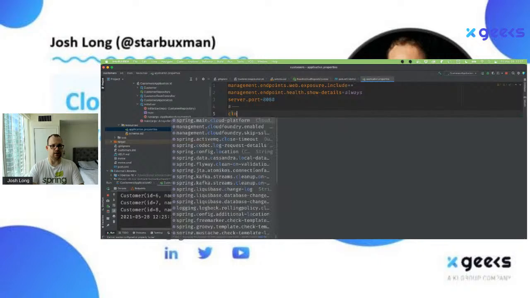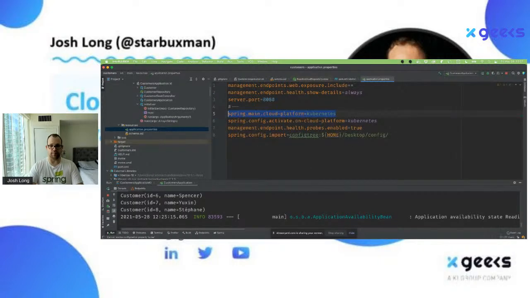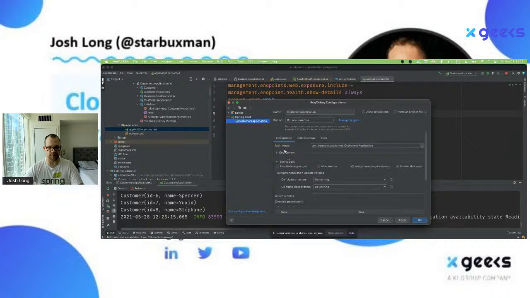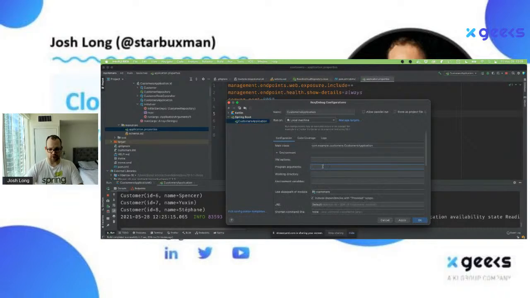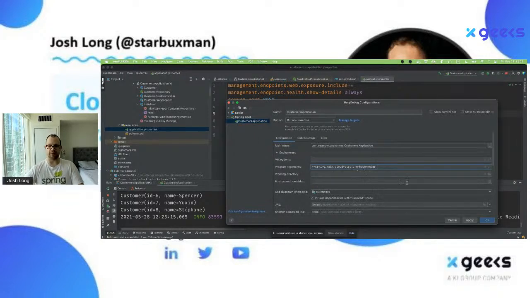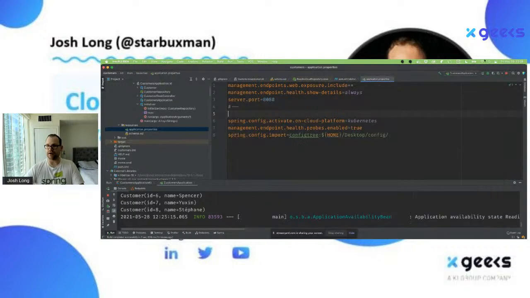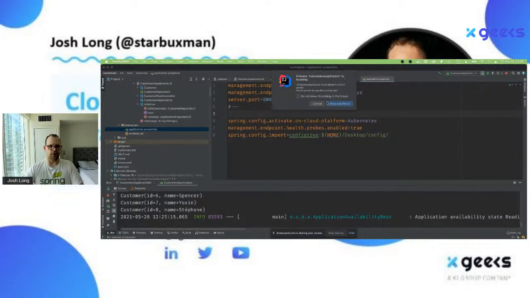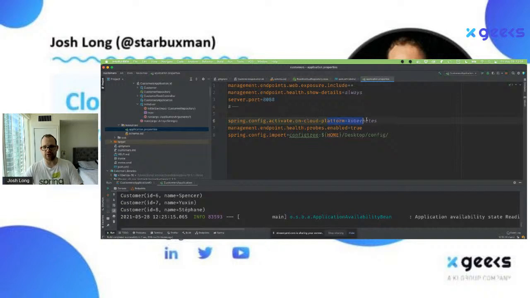But you can force your application to think it's running inside of a particular environment, even on your local machine, by providing program arguments like this. So I can say spring.main.cloud-platform equals Kubernetes. So here I'm overriding the default value that you would get automatically otherwise. And so now I'm forcing it to think that this is true.